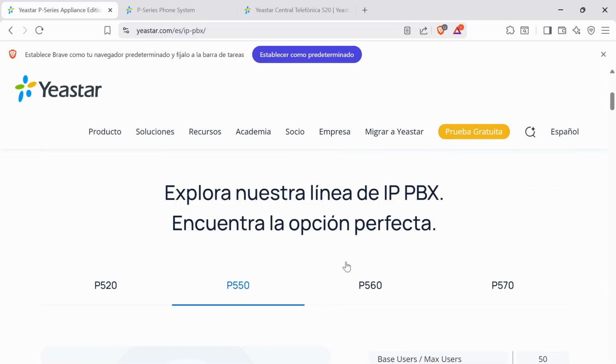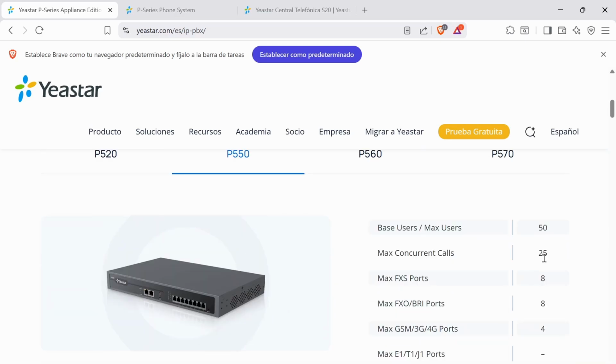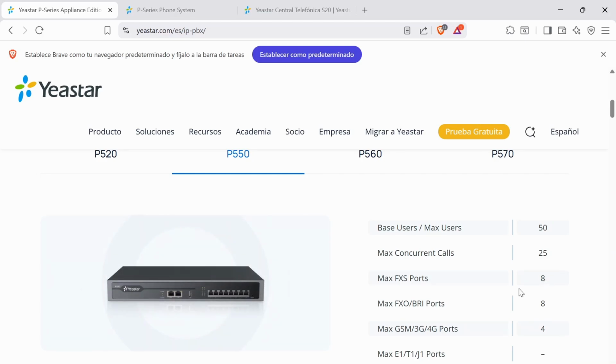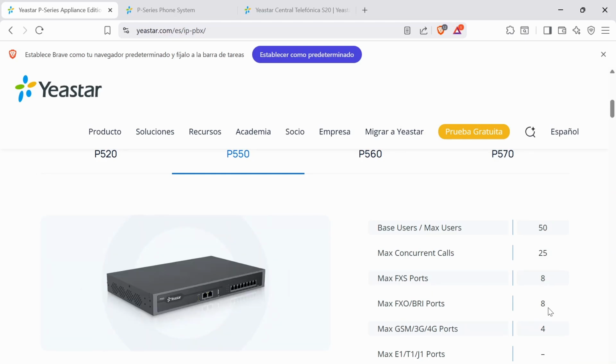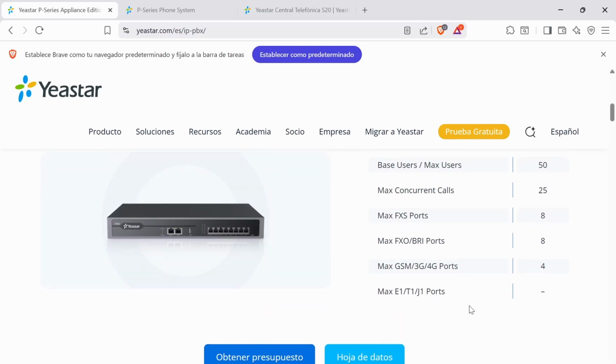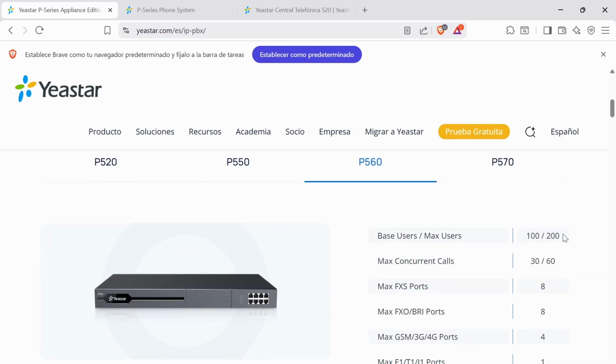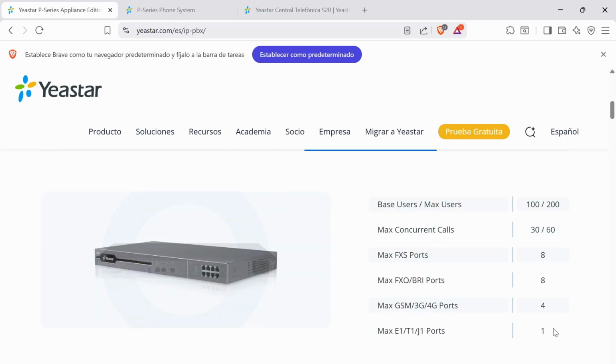We have the P550 series, which increases the number of users to 50, supports 25 simultaneous calls, up to 8 FXS ports, 8 FXO ports, and allows for up to 4 GSM cards. It also doesn't have a slot for adding E1 ports. We have the P560, which supports a maximum of 100 to 200 users, 30 to 60 concurrent calls, up to 8 FXS ports, 8 FXO ports, and up to 4 SIM cards, and it can also be integrated with an